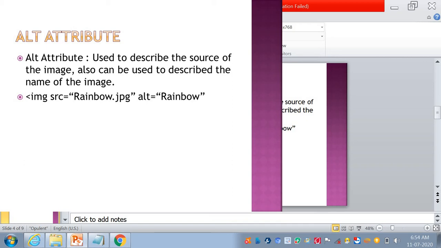So here you can understand .jpg is your file format and alt is equal to rainbow. Here I use your alt attribute. So it is your rainbow, the name of your picture.